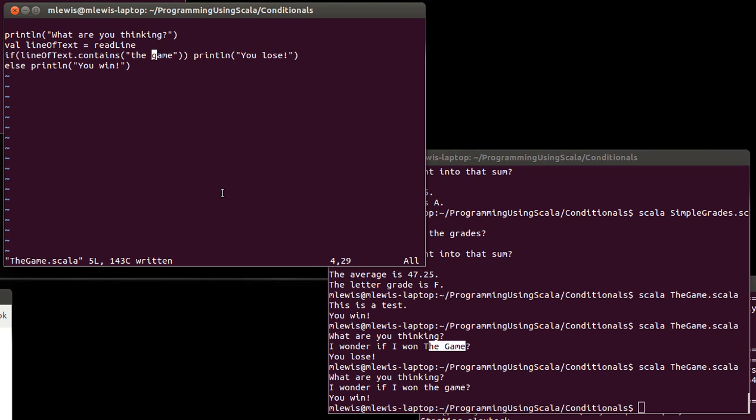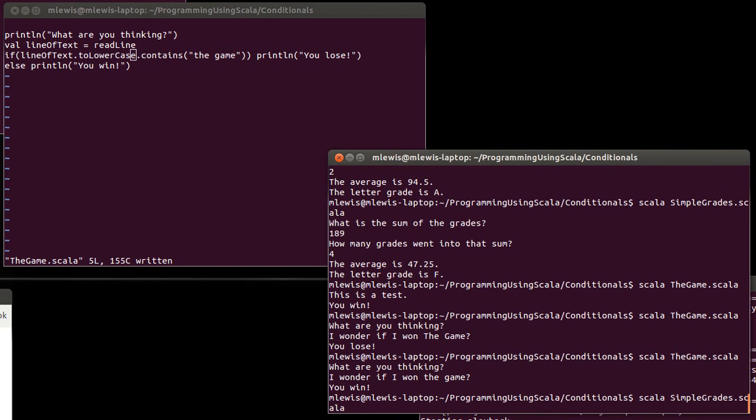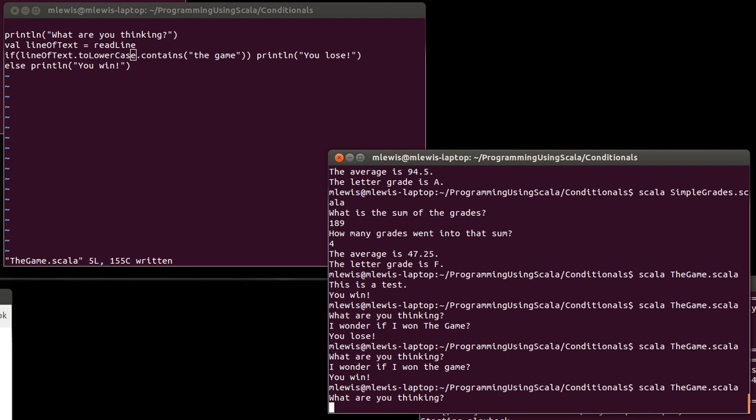And one way of doing this in a way that does not include case is I'm going to make the thing I'm comparing to all lowercase, and then I want to take the string that the user entered and make it lowercase. So there is a method on string called toLowercase, which will convert whatever you've typed in all to lowercase. And then we're doing a check to see if it contains something, which is all lowercase. And so now if I do this,